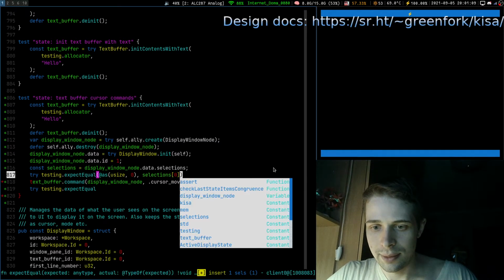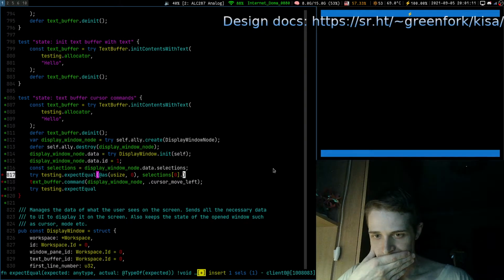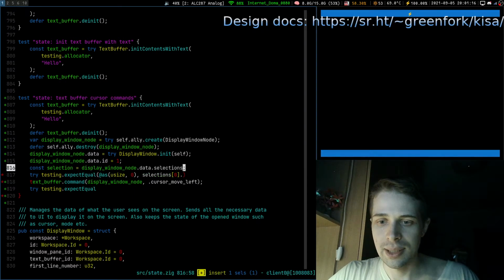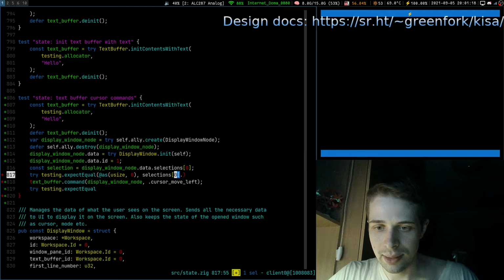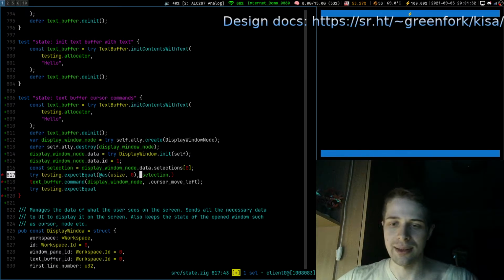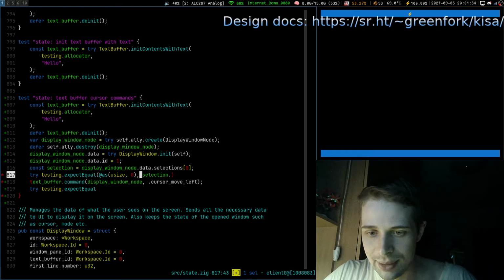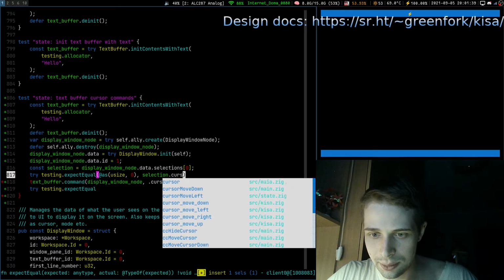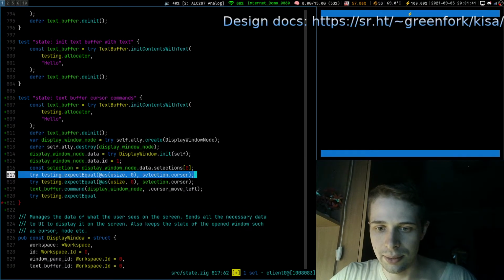Selections, the very first one. We have just a single selection. Let's get a single selection. Oh, okay. In the very simple test, we will not think about anything like that. Just the simplest, dumbest thing we can do. For the selection, we test that the cursor is at offset 0.